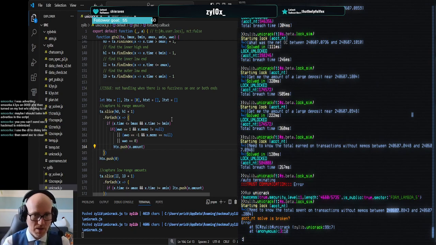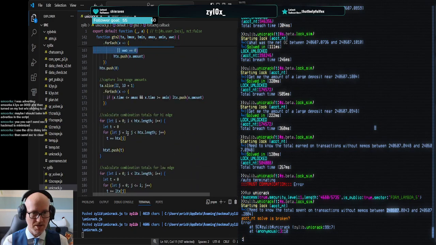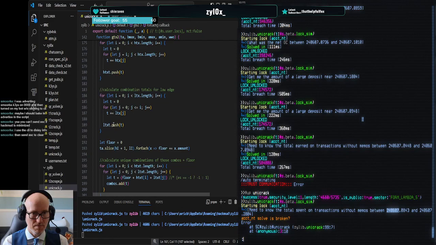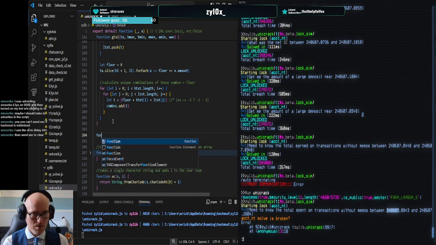Okay, so I think I'm going to have to do that all over the place, so I'm going to make this a sub-function also. This function is just going to be called www,